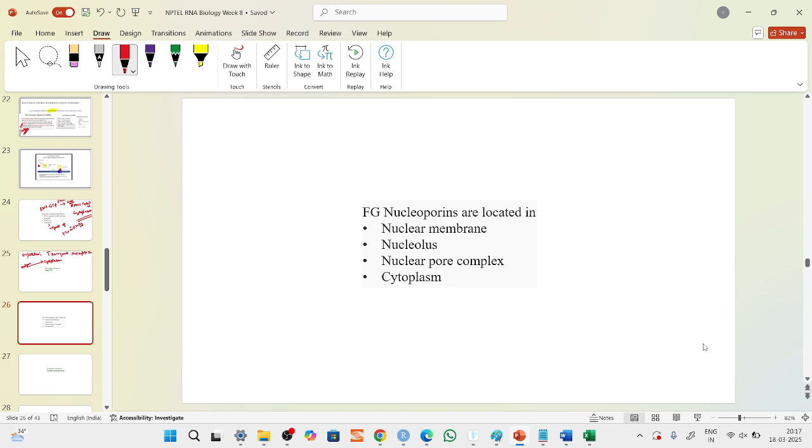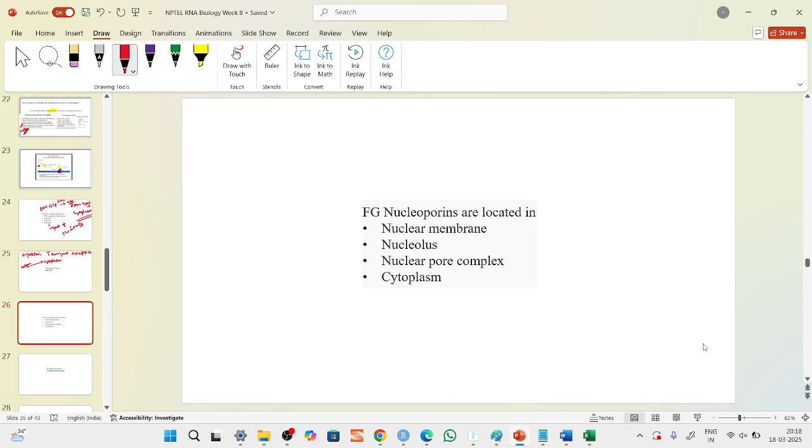This helps in the export. So, these FG nucleoproteins, FG stands for what? Phenylalanine and glycine. And these nucleoproteins are located in the nuclear pore complex, which helps in the import and export. We have already studied this. So basically, FG nucleoproteins are specialized proteins that line the nuclear pore complex, and it forms a selective barrier for the